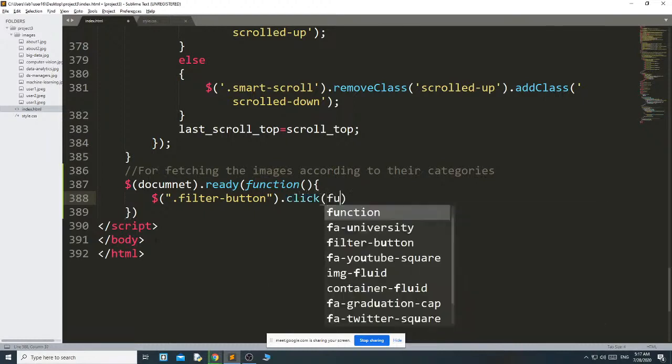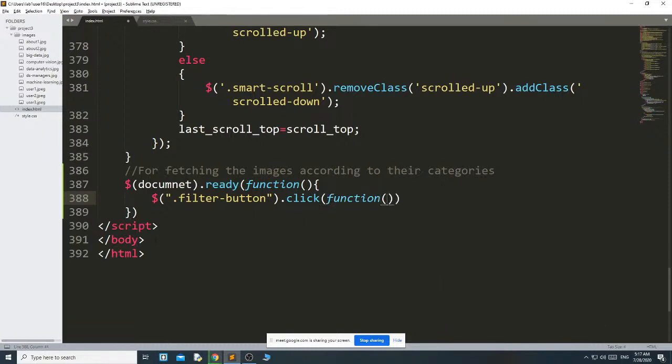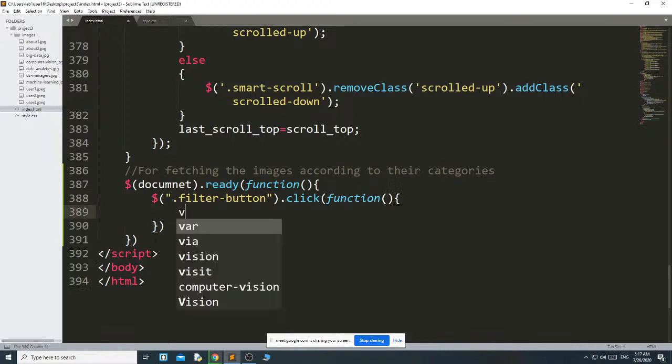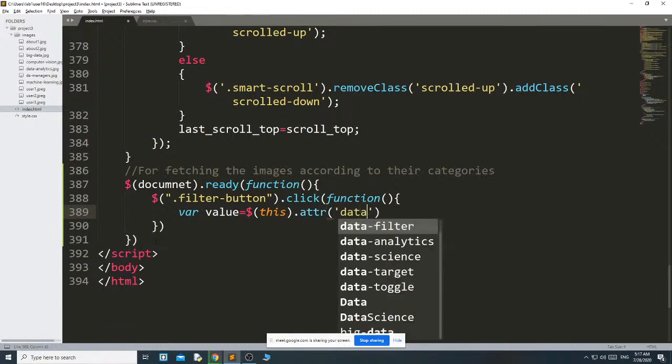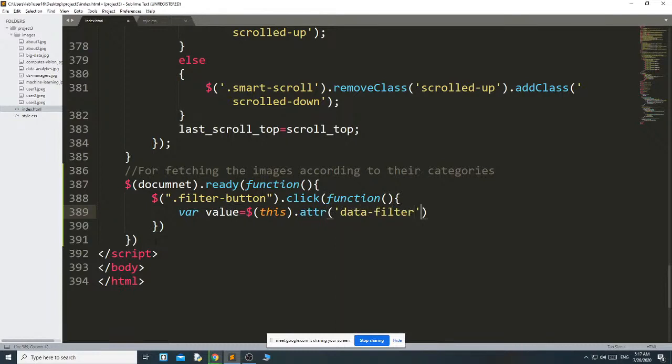Then function, once you click, I am going to get the value, that's a value equal to dollar this, which one you are clicking, dot attribute, which value I need, data filter, because based on data filter only I am going to filter the data. Whichever button you are clicking, that data filter value will be stored in this particular variable.